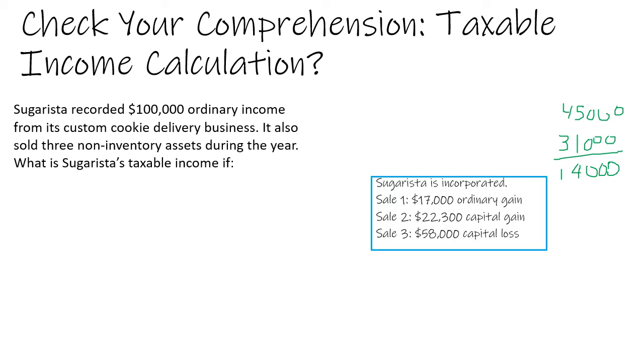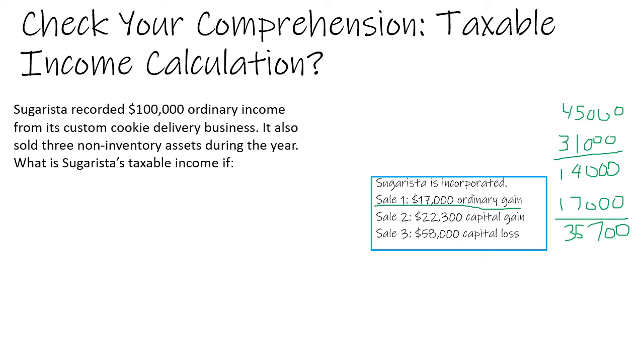Situation number 2, if Sugarista is incorporated, suffers a $17,000 ordinary gain, a $22,300 capital gain, and a $58,000 capital loss, what would be the effect on her income? The $17,000 ordinary gain is taxed as ordinary income, and it's taxed at the 21% rate. The capital loss of $58,000 offsets the capital gain of $22,300 for a net capital loss